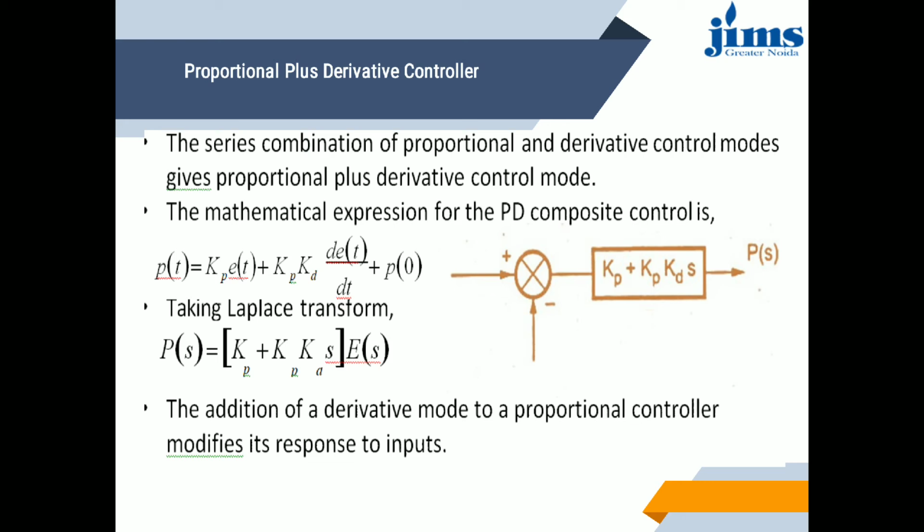The derivative time is defined as the time interval by which the rate action advances the effect of proportional control action, or in other words, the amount of lead expressed in units of time that the control action is given. If the actuating error signal e(t) is a ramp function, then at t1 the derivative mode causes a step, and the proportional mode causes a rise of Mp equal to Md at t2. This is for direct action PD control.